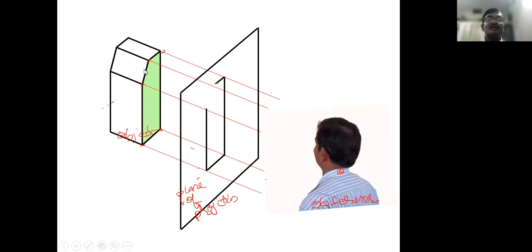Now we get the dimension from this corner to this corner, and this is a slant edge. Here this is the slant. In the front it is vertical, but when observed from the side, it is slant. So another view is formed. This is the image or view, another view. In the last slide we got one view. In the second slide we get another view on the plane of projection. That is the orthographic view.